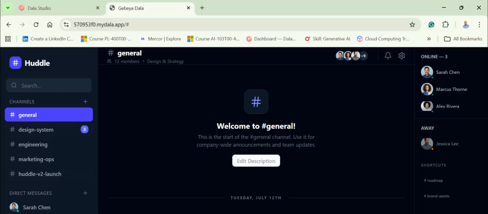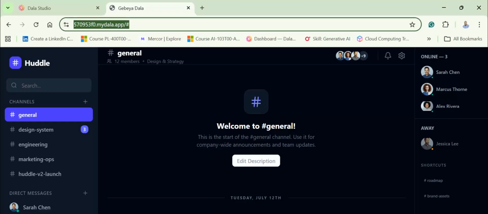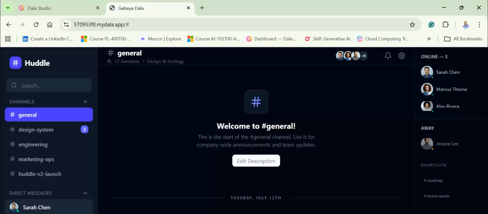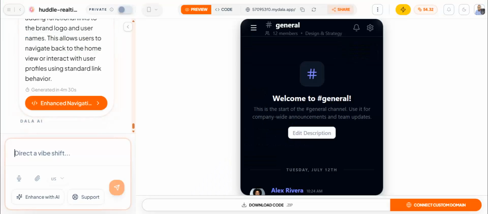You click like this, still links are empty. If you click on the direct messages, you notice that the navigation is not working as expected. If you click on view all members, the navigation is still not working as expected. What you have to do is go back